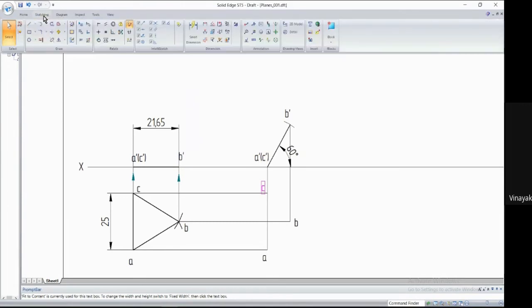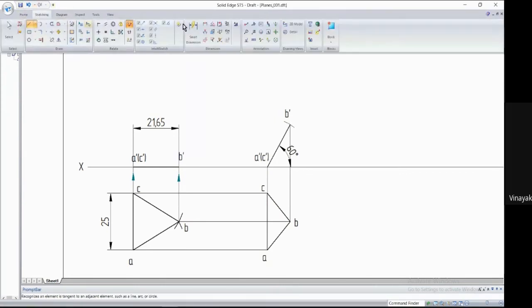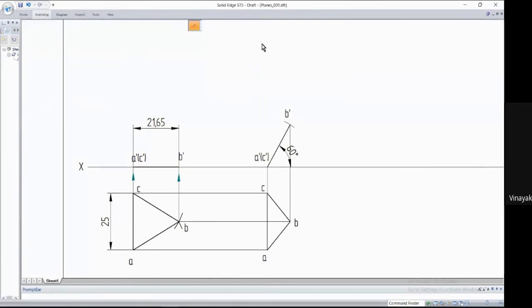Line command, 0.5 the thickness. You can see the endpoint symbol, go on joining them. After this, you can show the directions of projection using the leader option.